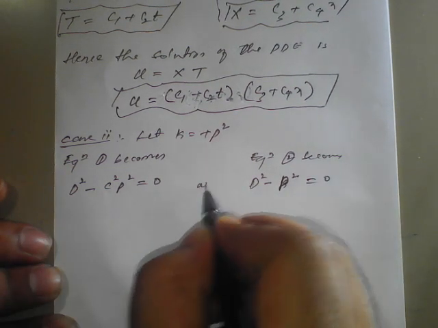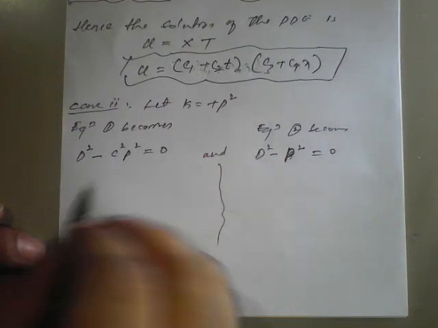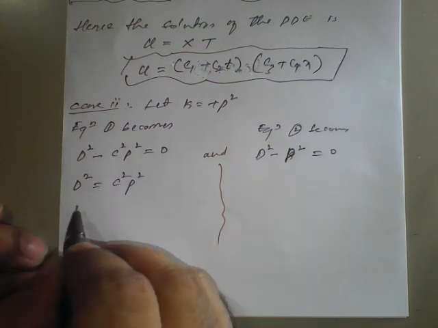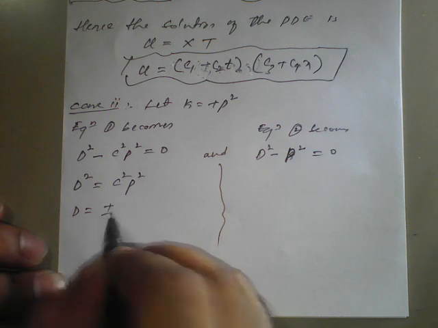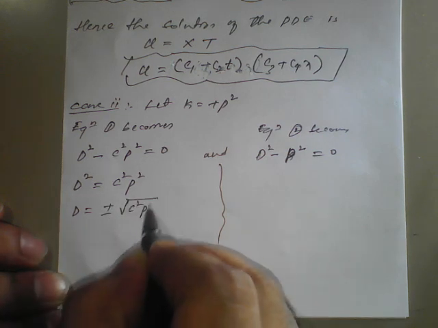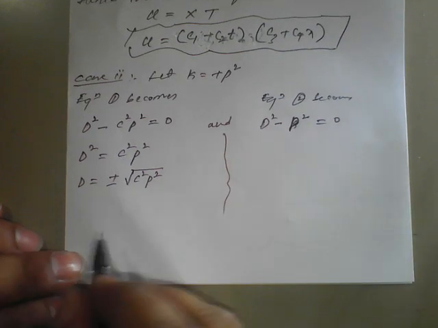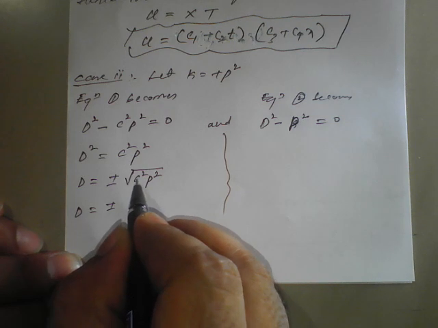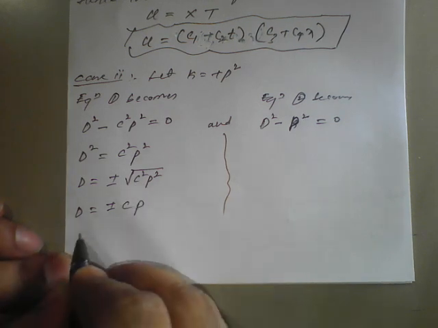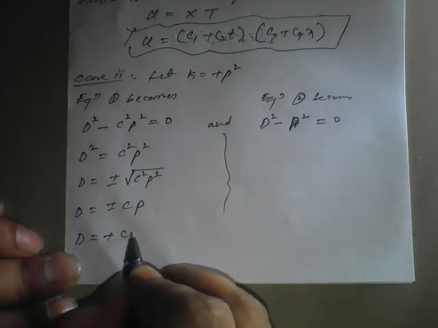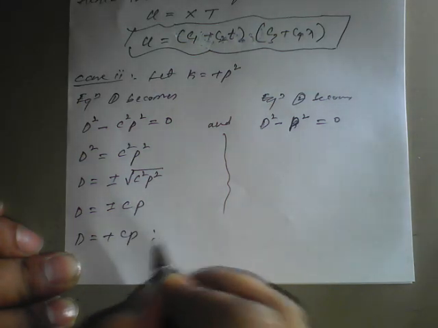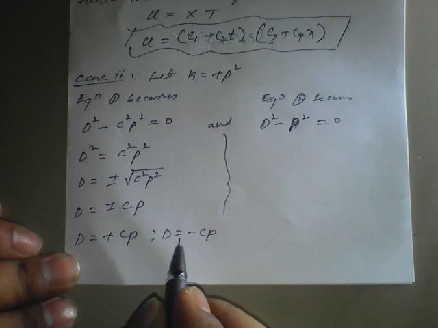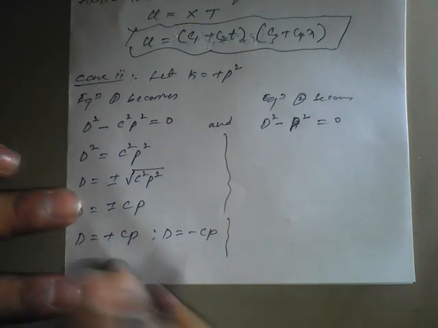So on simplifying, what happens here: d square equal to, shifting to the right hand side, c square p square. Or d is equal to plus or minus square root of c square p square, which is nothing but d is equal to plus or minus cp, since the square root of c square p square is cp. So therefore d is equal to plus cp and d is equal to minus cp. With the help of these both, we have to write a solution. The solution is